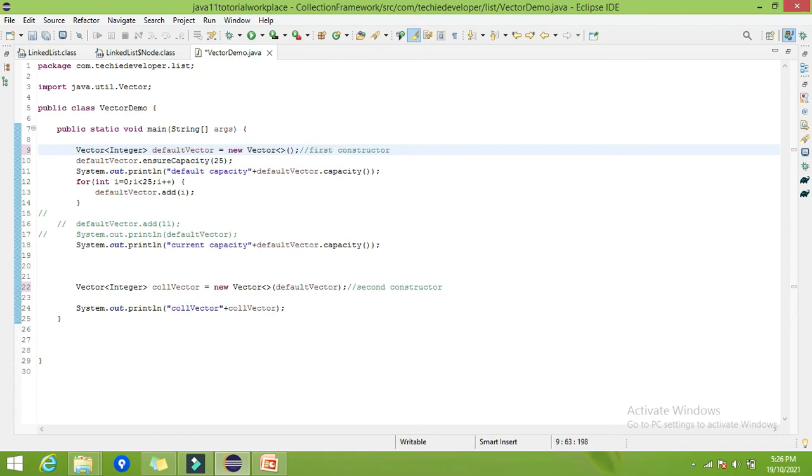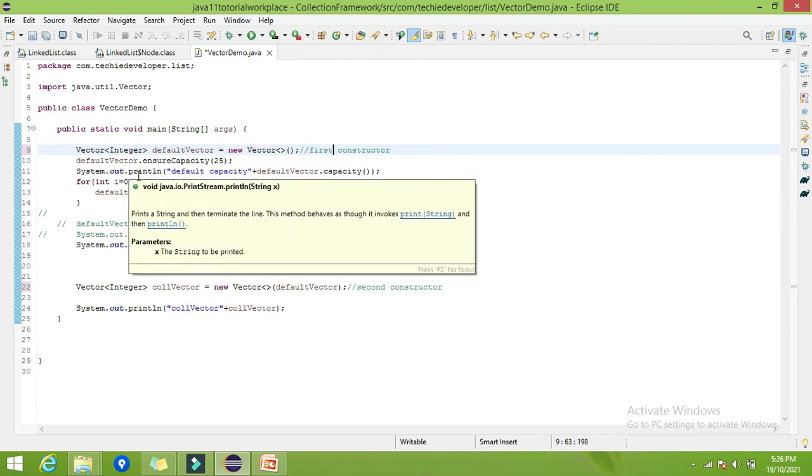Okay, so now you may have a question: in ArrayList we have the third constructor, which takes the initial capacity. Do we have that third kind of constructor in the Vector?